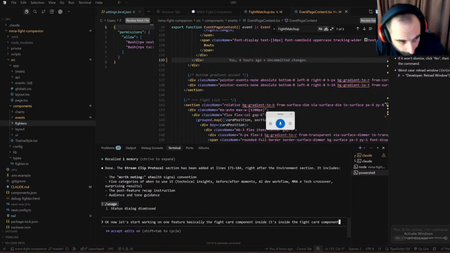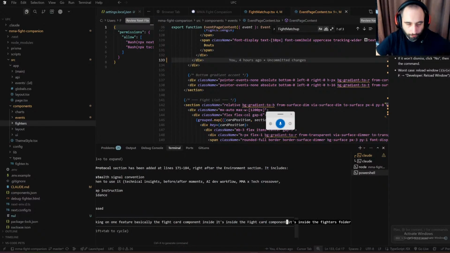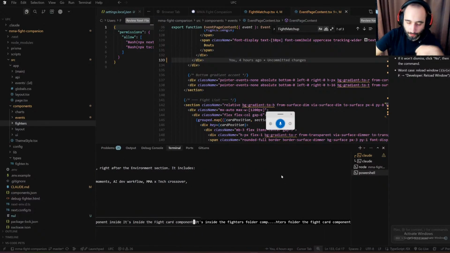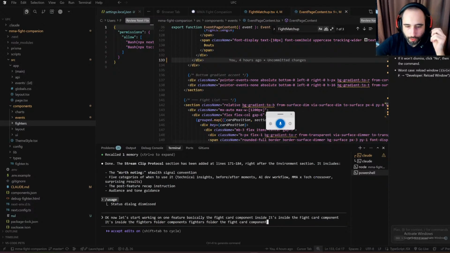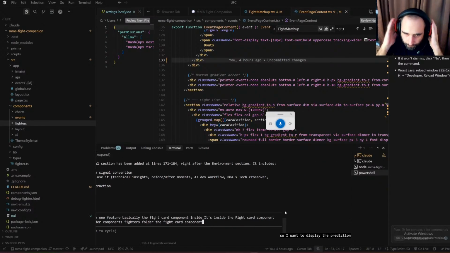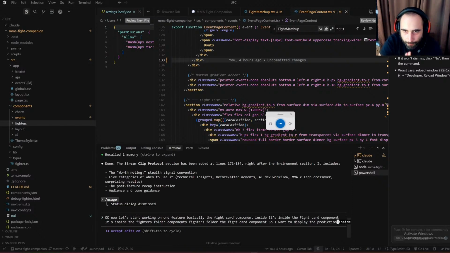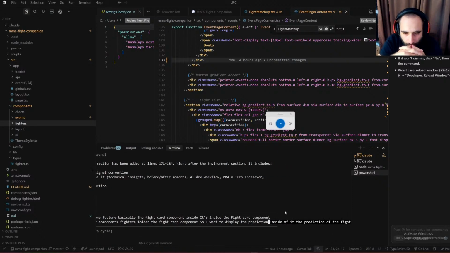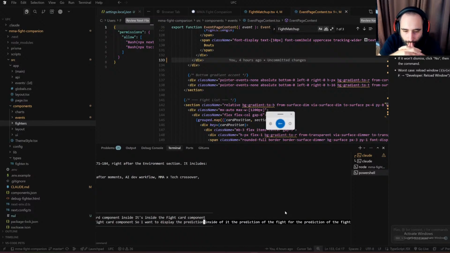It's inside the fighters folder, components fighters folder, the fight card component. So I want to display the prediction inside of it, the prediction of the fight. For the prediction of the fight, we have already created the algorithm, which will take the data and